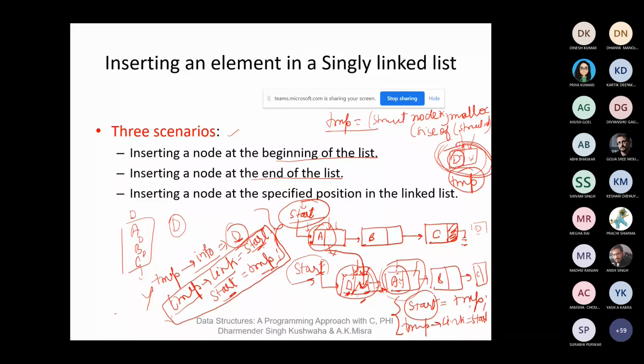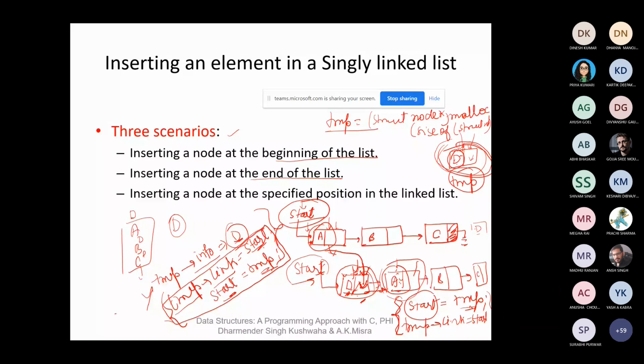Now temp to link pointing to the start. So what will happen if we do in this manner? Same thing, but the order is changed. Here firstly temp to link is assigned the address of start, then start points to the temp. Here firstly we assign the start to the temp, then temp to link equal to start.